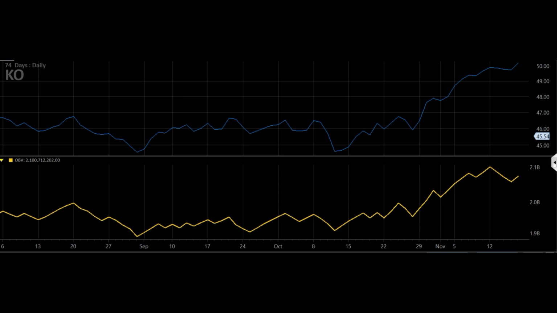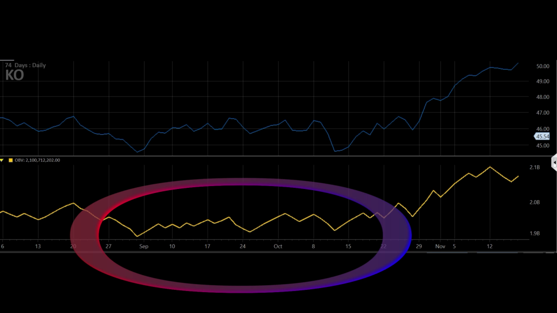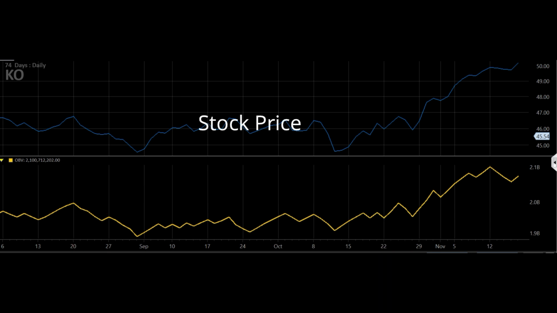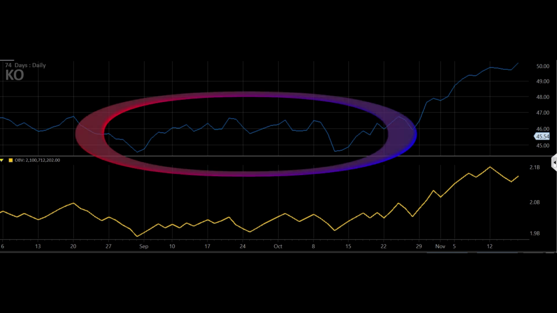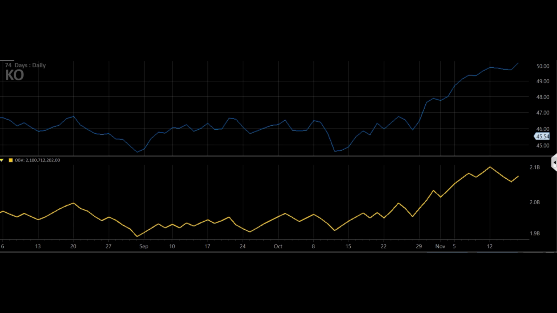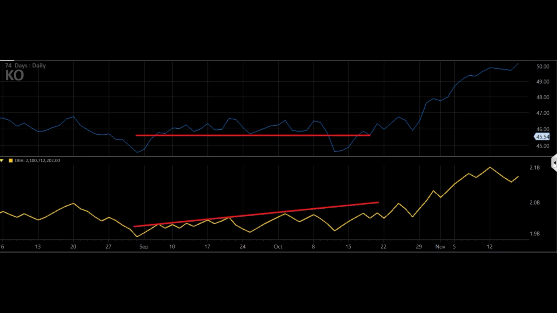Another way you can predict the ultimate trend outside the trading range is by observing what direction the OBV is taking while the stock price remains fluctuating on a neutral trend. See how the stock price was fluctuating. You can almost form a plateau when drawing a line. Now, see how when drawing a line on top of the OBV line, you don't see such a neutral trend, but an uptrend. Well, that was actually a sign of what was coming. See how the stock price ended up in an uptrend after being stuck in that neutral trend?